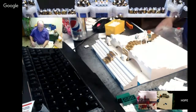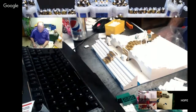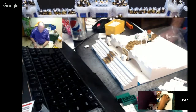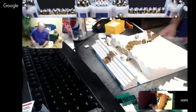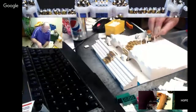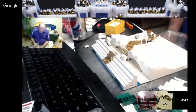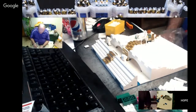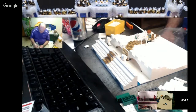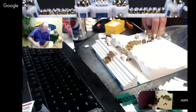It's not a very wide yellow brick road, unfortunately. I didn't think about that, but that's okay. I guess it could be wider, but beggars can't be choosers. Well, they can be, but it's not a setup for success. So yeah, there we go. If we do that, we get a little bit of...